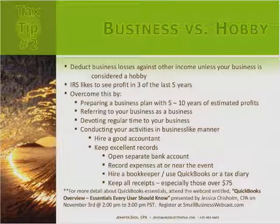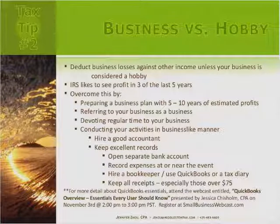All is not lost if you have not had any profit so far. Here are some ways you still can show that you are a legitimate business. First, you can prepare a business plan with 5 to 10 years of estimated earnings. The overall key is to make sure that your business is showing a profit overall. Always referring to a business